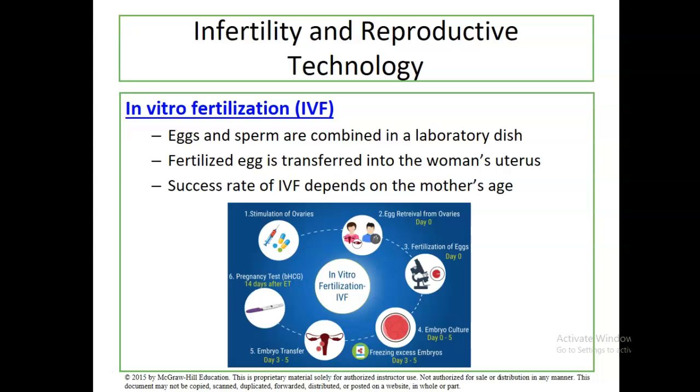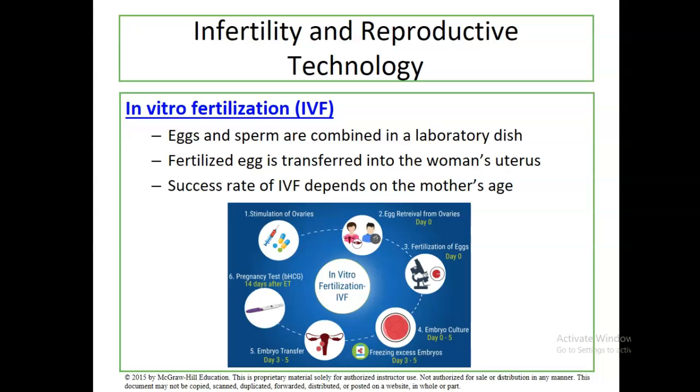In vitro fertilization is a process in which eggs and sperm are combined in a laboratory dish. This is used when maybe a male has had a vasectomy and is unable to produce sperm regularly, or maybe when a woman is interested in becoming pregnant through the use of a sperm donor, or if a couple is just having difficulty conceiving in a traditional way. So we get eggs and sperm samples from the individuals and we combine them in a petri dish so that fertilization can take place there.